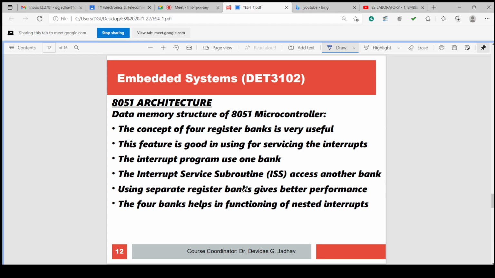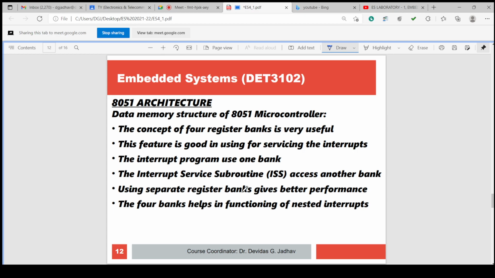Whenever a signal appears on the interrupt pin, the microcontroller has to stop the current program, put the program counter on the stack for further reference, and go to the service routine. The service routine means the program for that particular interrupt. It is stored at a particular location, and that location is called the vector.